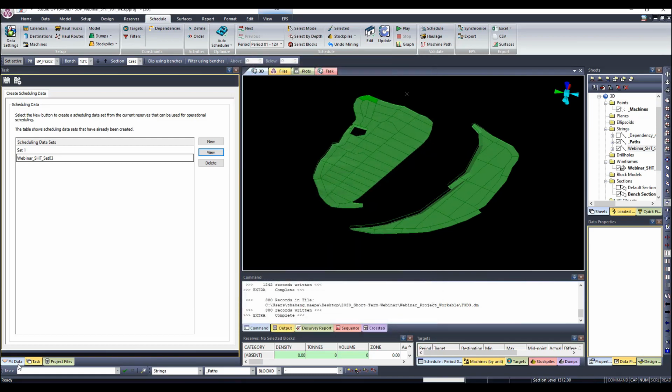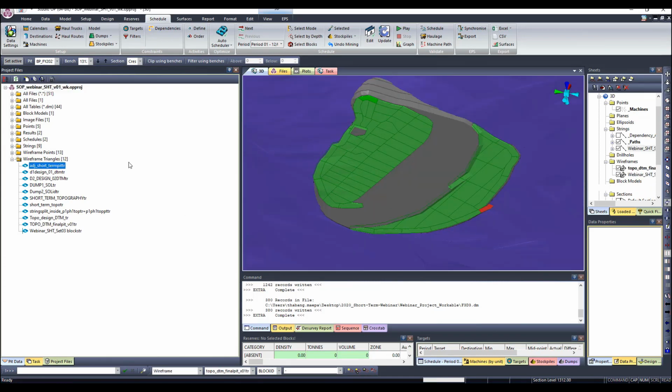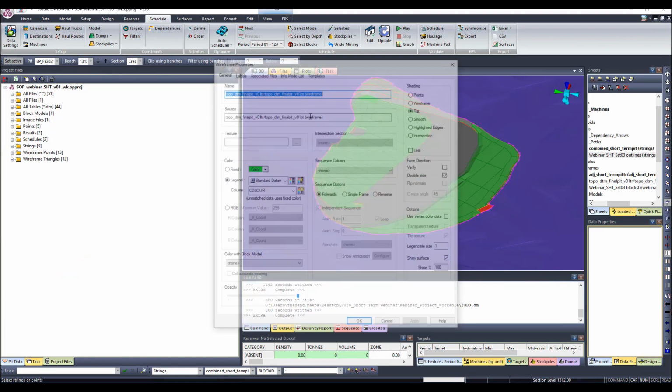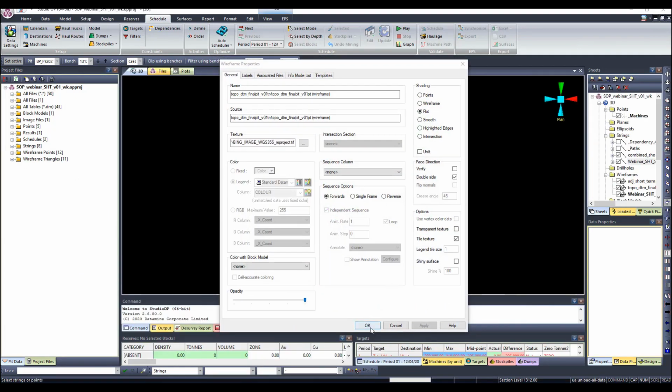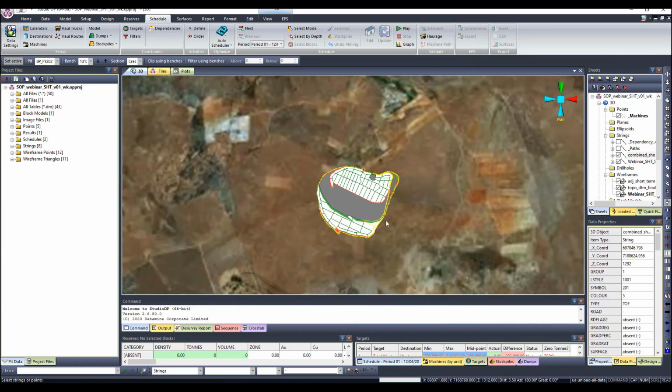And then I'll just go ahead and load my pit just for perspective, for better perspective, right? I like doing this because then it gives me better perspective. So this is my topo. Drop an image over the topo, right? So then this will be the image that I have,